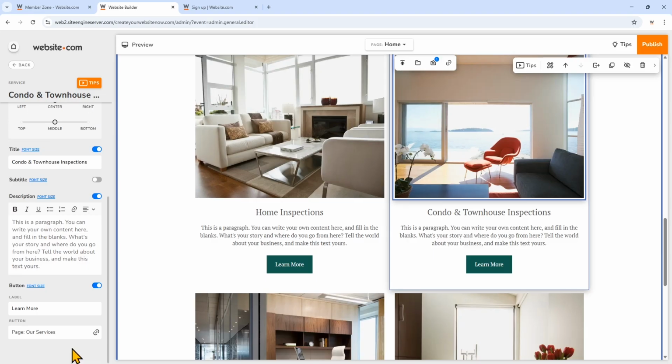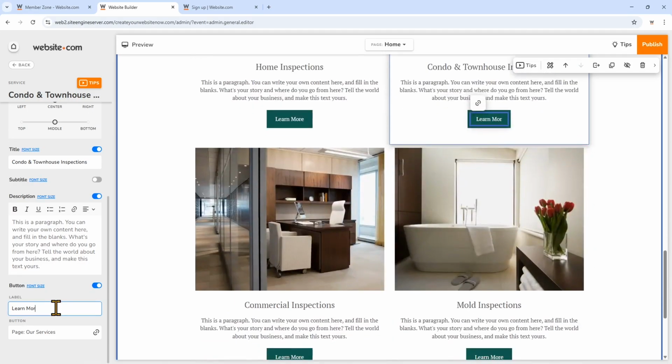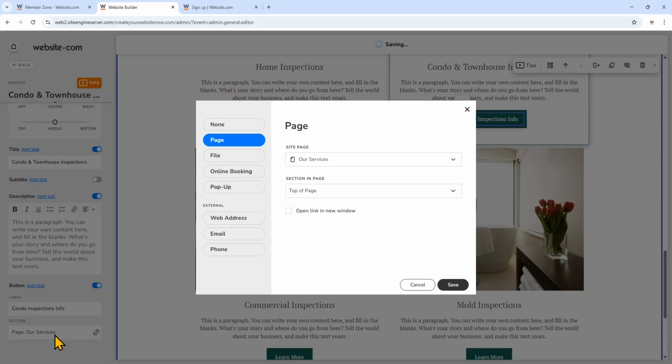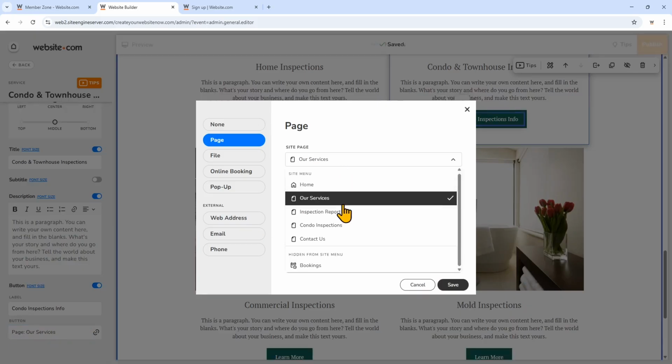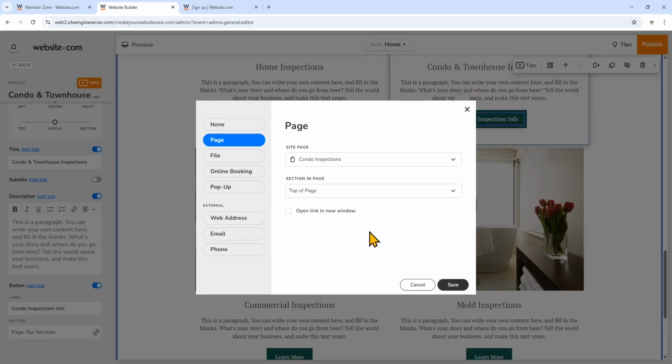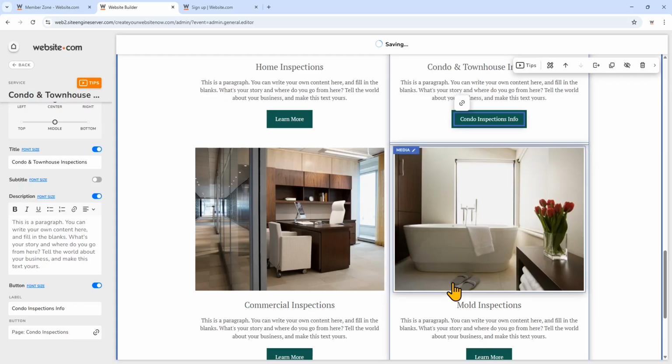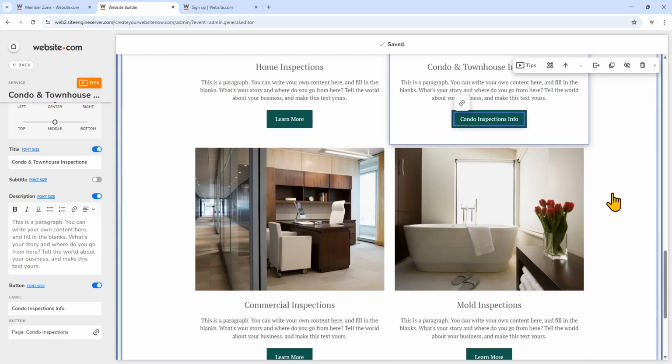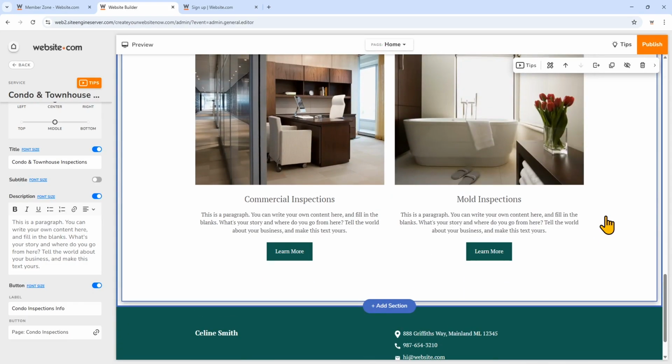I'll scroll to where it says Learn More. I'll change that label. And then I will now choose the button, so I'll click here. I'll link that to Condo Inspections, and then click Save. So you can do that for the rest of the services.